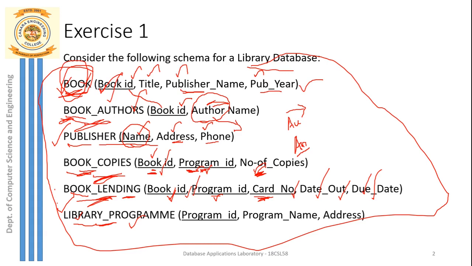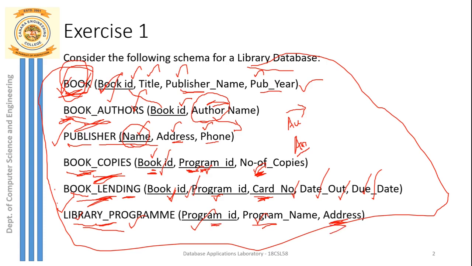You have the final table, that is library program, and this library program indicates different libraries available in different cities. So you can see program ID refers to a particular library available in a particular city. So program name is nothing but the name of the library which is available in a particular city. So address of the library you are mentioning here. For example, we have in Mangalore many libraries. Every library has its own name, and every library has a unique ID, and a library is located in different locations.